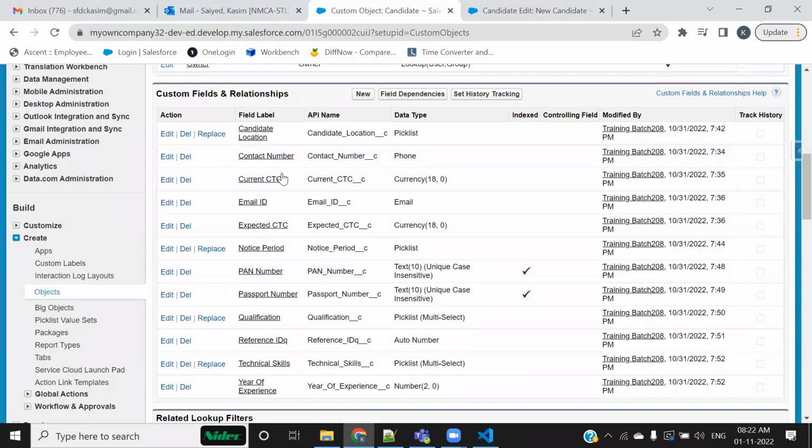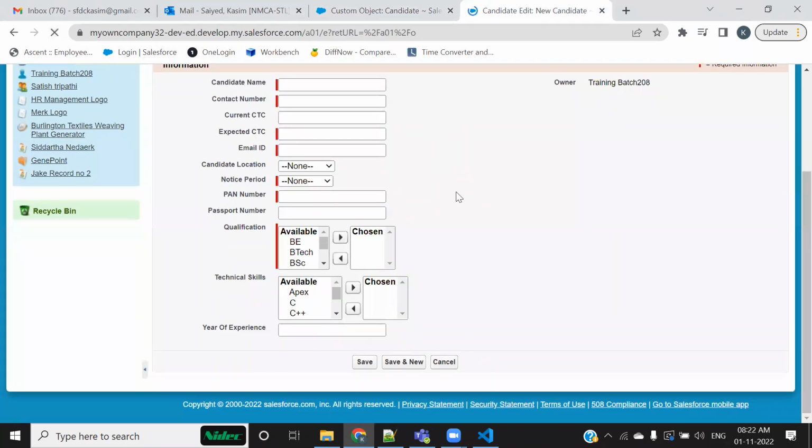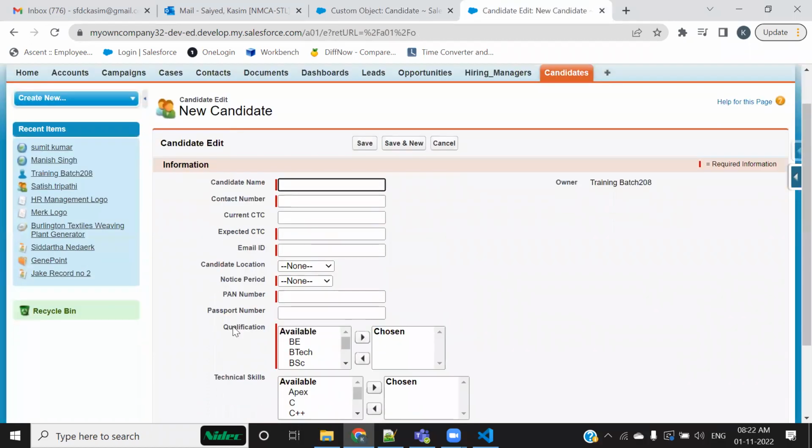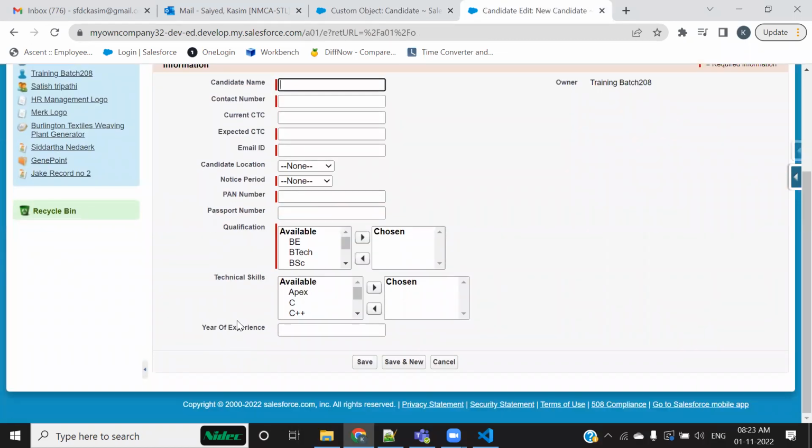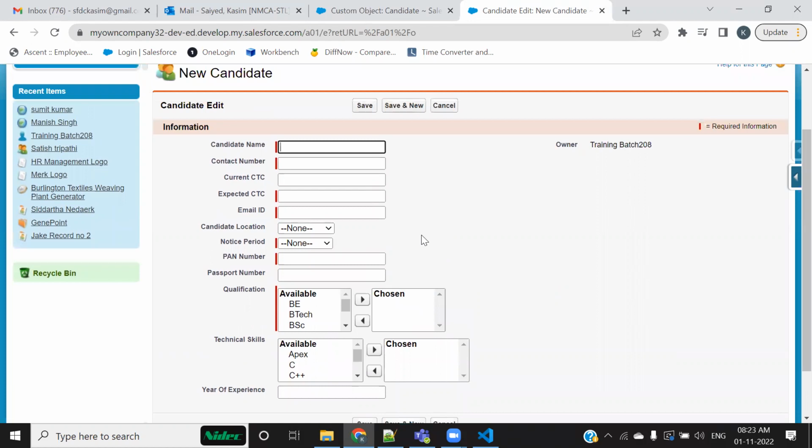All right. So these are the custom fields that we have created, right? Now, if you go to the interface, you can see all of them have been added. Okay. Now what we have achieved so far is, कि हमने अभी तक fields to add कर दिया, but this interface seems to be very raw. It's a raw interface.